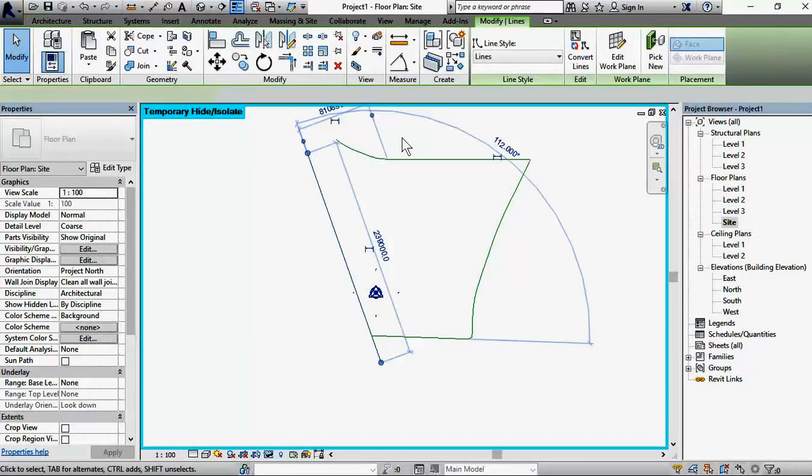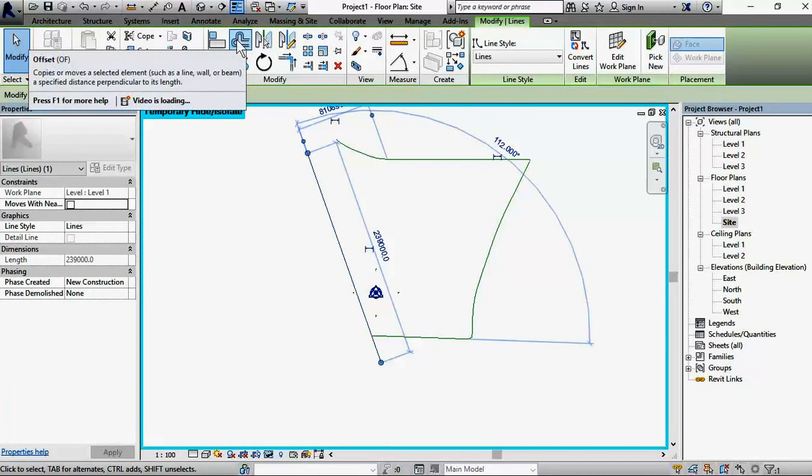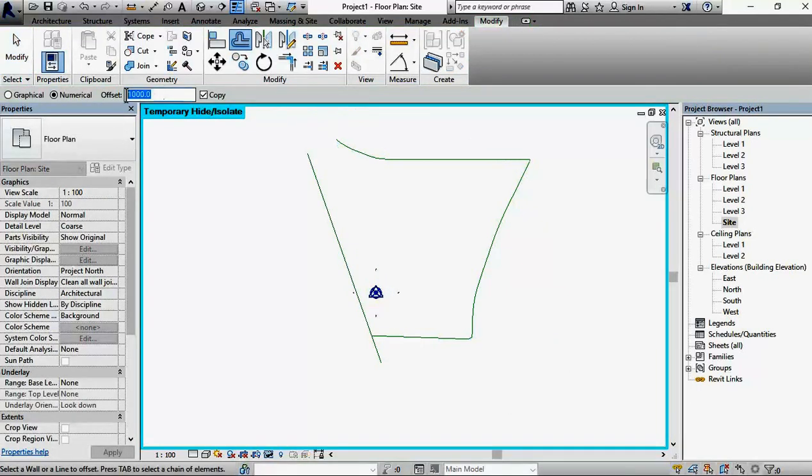Now select one of the lines, and this offset button, change this to 10 meters, and we offset this 10 meters, and we change it to 3.5 meters, and we offset this one, let's make it 4. You don't have to be accurate, as I said. On this side we'll do the same, 10 meters, same 10 meters here and here,